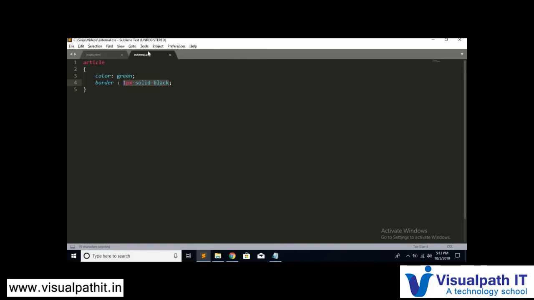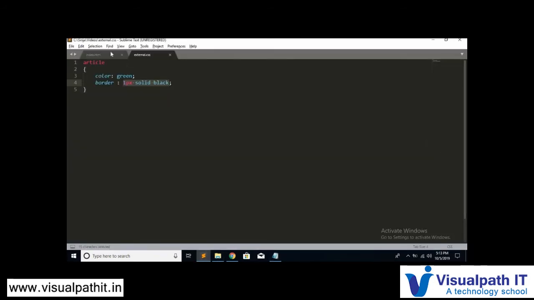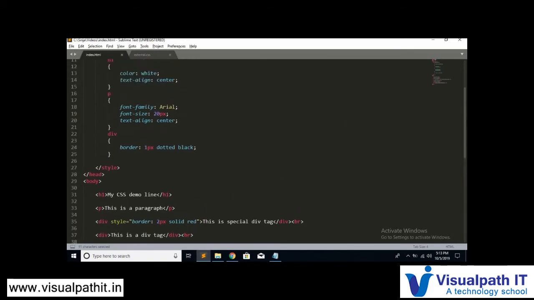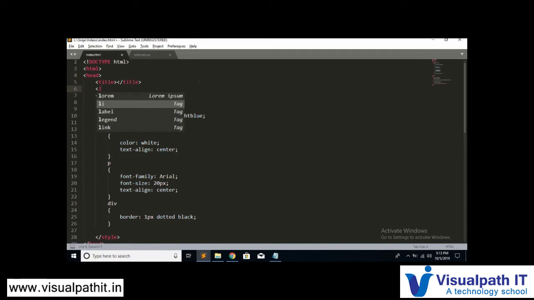Now how will this work, you may ask. This is an external file. How is it getting linked? I have already mentioned we will make use of a link tag. So making use of a link tag in the head section, let me write the link tag.